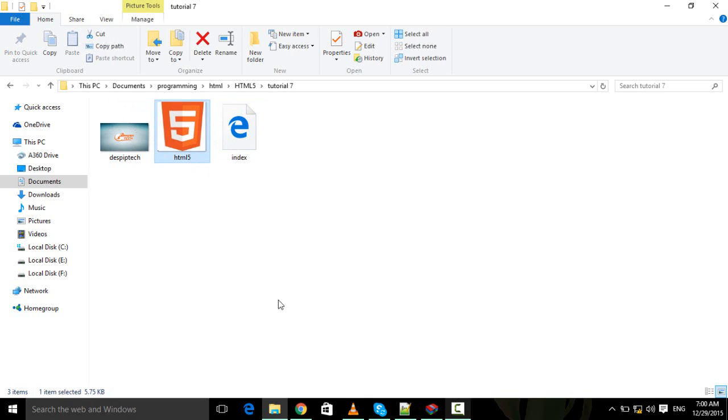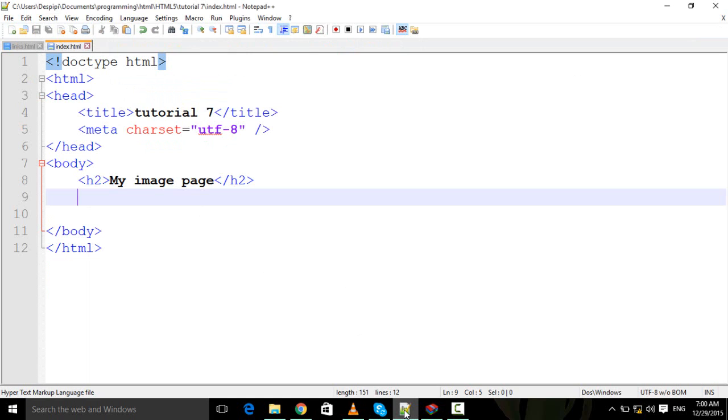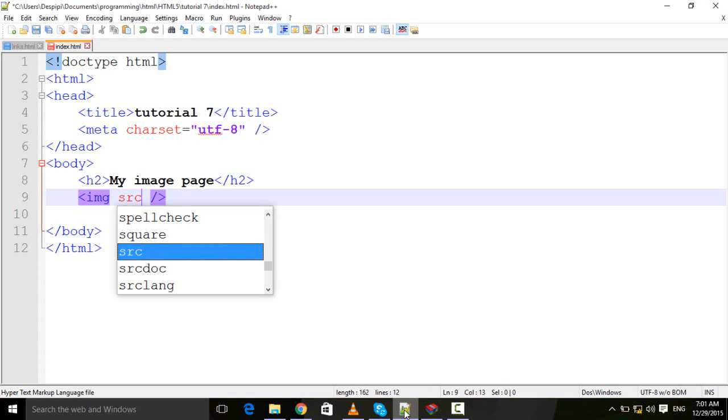Okay, in HTML, images are defined by the image tag represented by img, which is a self-close tag. So we're gonna go ahead and close it right now. For this tag to work, we need to add some attributes. And what are attributes? Attributes are little bits of information some of these HTML tags need to work. So the attribute we need to use to let the image tag work is the src attribute, which stands for